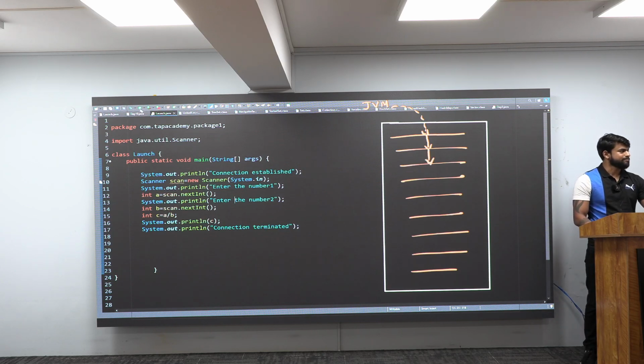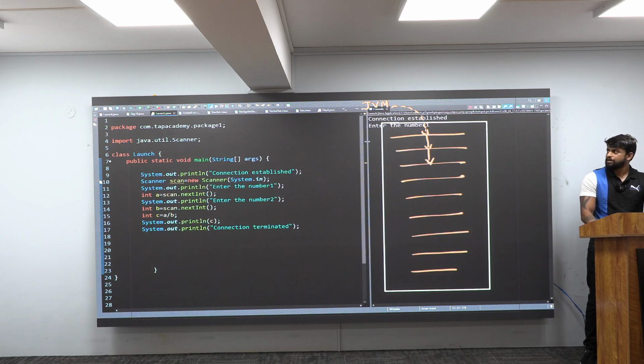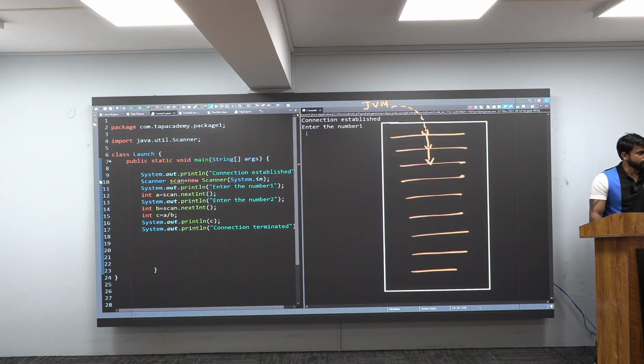You can notice there. If I save it and execute it, you can notice there. Enter the number 1. It is asking like this. Good. Now, you are giving one number, maybe 100. If in case you hit enter, it is scanning that 100 and storing it inside a variable A, and it is asking for "enter the number 2".